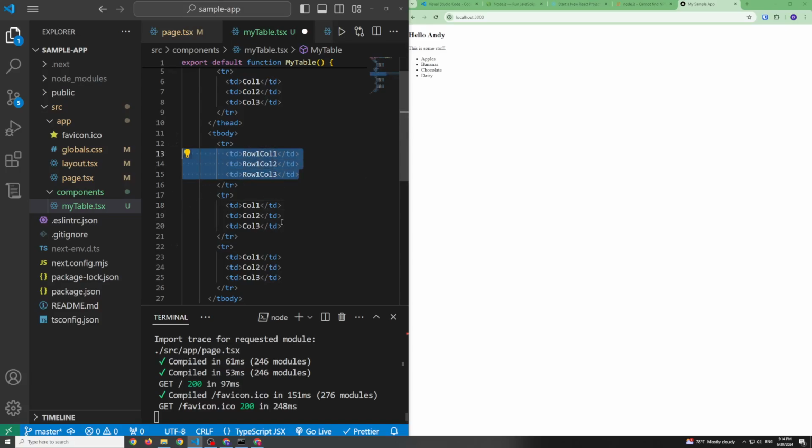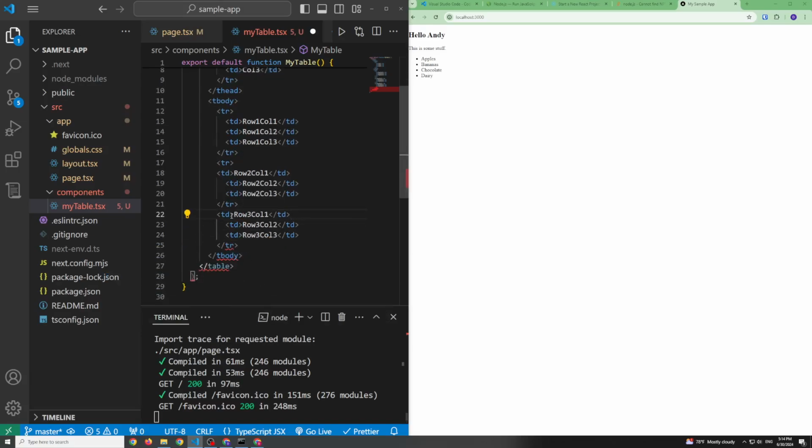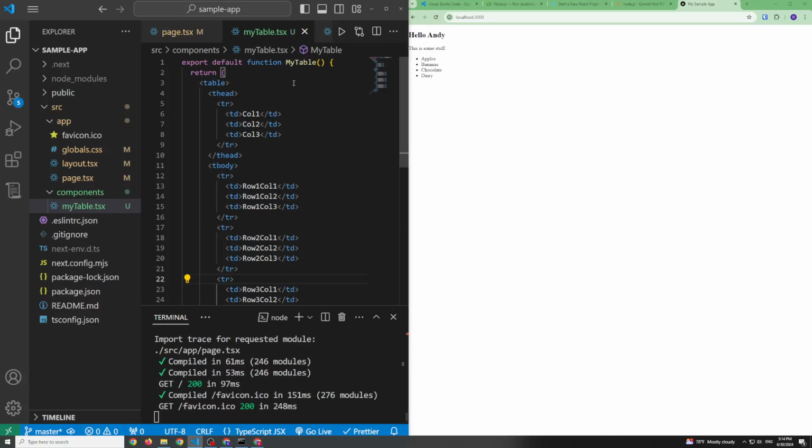Actually, let's do it this way. I'll say 2, 2, 2, and then we'll go 3, 3, 3. And what is wrong here? td, I need an opening tr. There we go. Okay, so now I have my table here that's being returned,